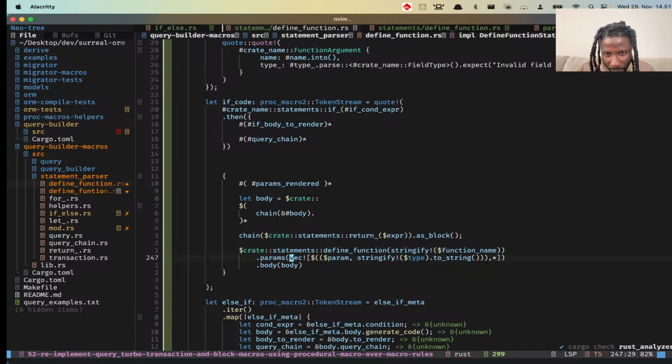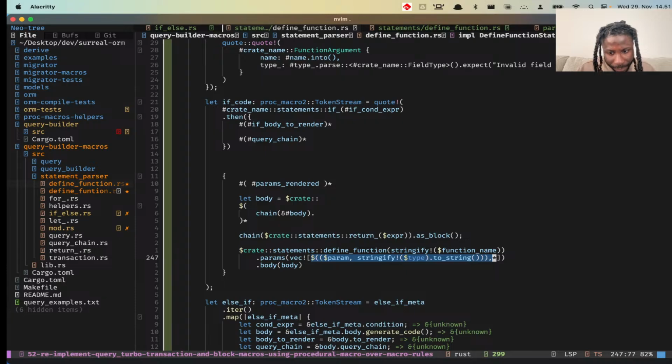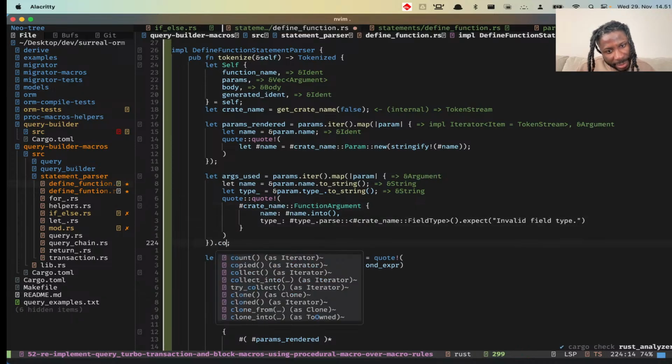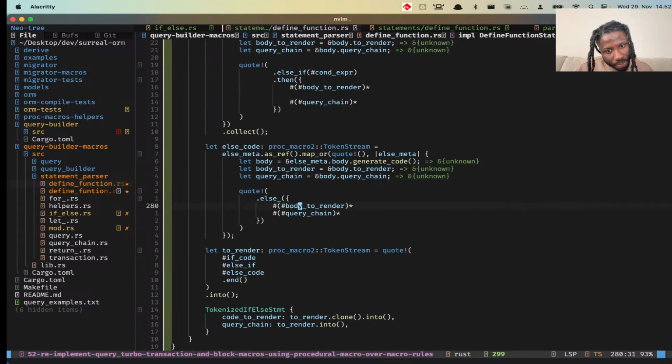So rather than having what we've added here, we can just do this, and actually we wouldn't need a vector here anymore, would we? So I've used, let's collect that. Well, that is going to be at compile time, so what we can do is